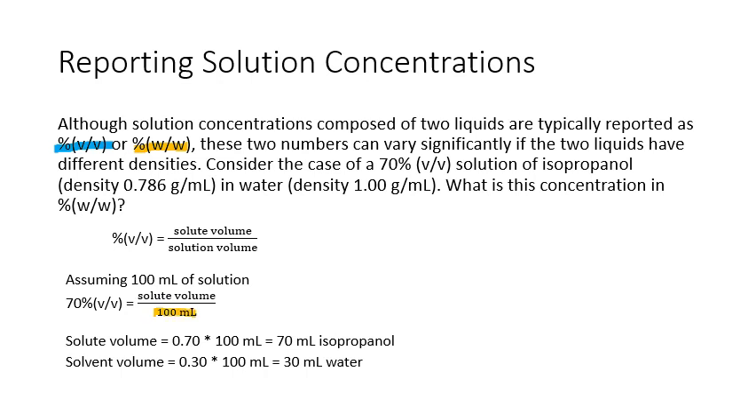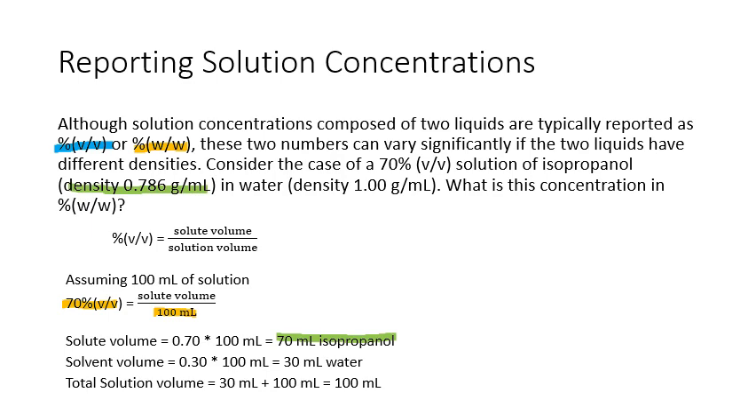70 mils of that 100 total is isopropanol. That gives us a 70% solution, and that would be the V/V. The total solution volume is going to be 100. But if we wanted to figure out the mass of all these different materials, we could figure out what is the mass of 70 mils of isopropanol. And to do that, we would multiply 70 mils of isopropanol times this density value over here,